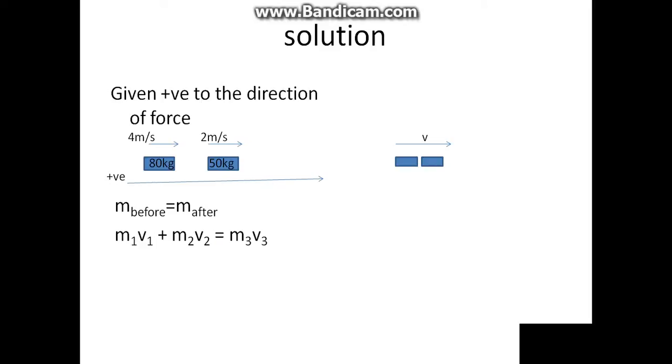Mass m1 of the first lorry times velocity of the first lorry, plus mass of the second lorry times velocity of the second lorry, is equal to the mass of the two lorries times the velocity of the final lorry. We have that 80, which is the mass of the first lorry, times the speed, which is 4, plus 50, the mass of the second lorry, times 2, that is the velocity of the second lorry, is equal to 130, which is the sum of the two masses, times v, which is the velocity